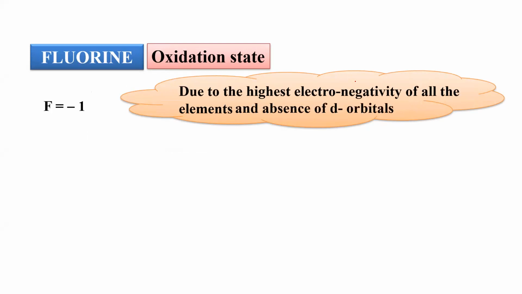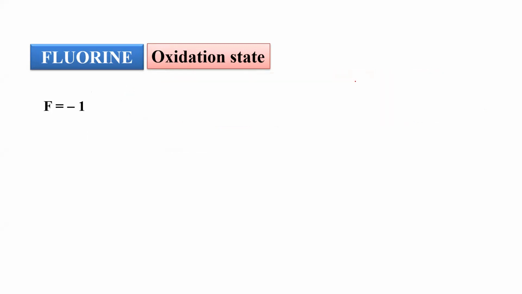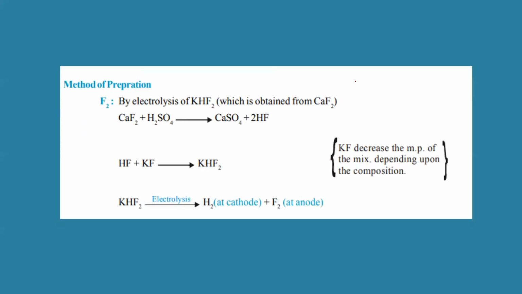So because of the small size, the highest electronegativity, and the lack of d orbitals, fluorine is different from the rest of the halogens, which exhibit positive oxidation states from +1 to +7. In the interhalogen compounds itself, you have seen +3 in ClF3, +5 in IF5 and BrF5, and +7 in IF7. +1 is observed in BrCl, ClF, and so on.